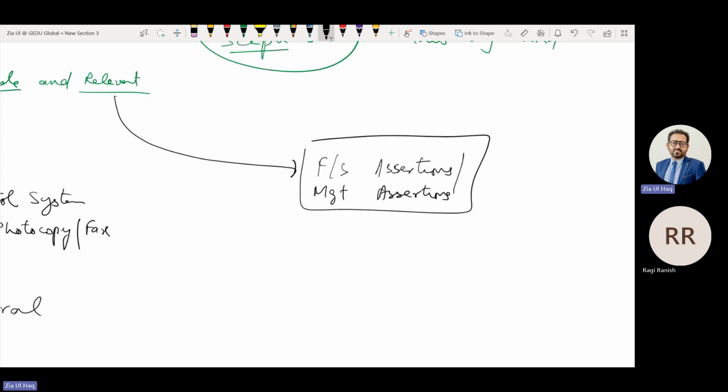Assertions mean representations or claims. While preparing financial statements, company management claims certain things. What do they claim? All the figures are completely recorded. All the figures occurred during the year.